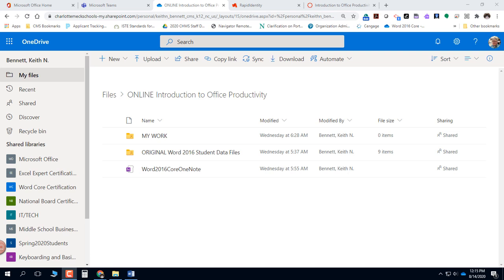Okay, welcome to this lesson on creating tables in Microsoft Word. And we are going to be using Word Online as we have been previously. A table is basically a collection of rows and columns that intersect each other to form what are called cells. And all of these cells can be used to precisely place text or graphics. It can also be used to help you to organize and sort data. Although you don't necessarily have to have a table, it's definitely beneficial for the precise placement of text and